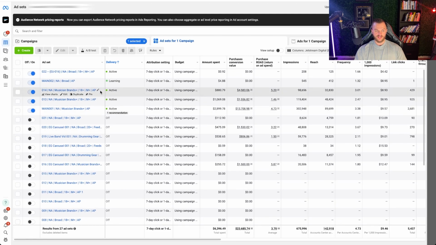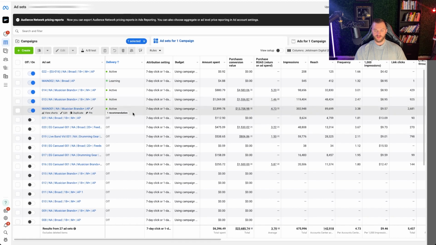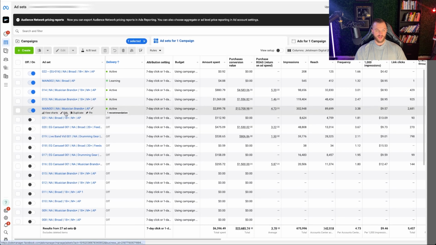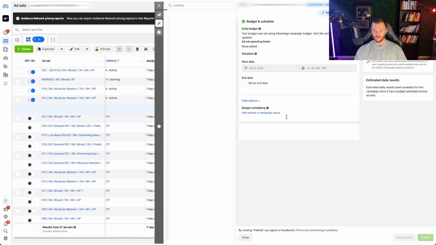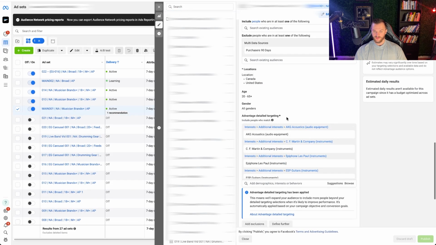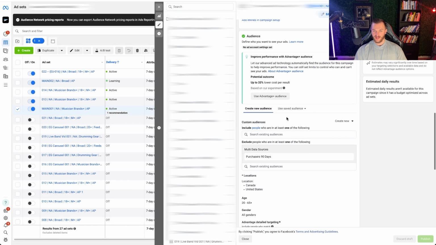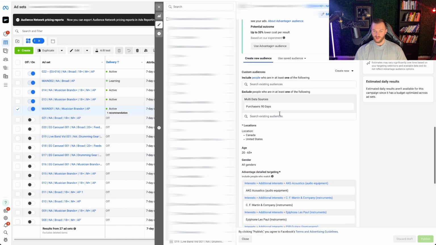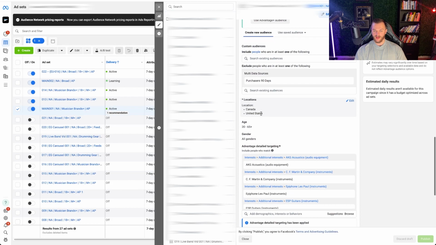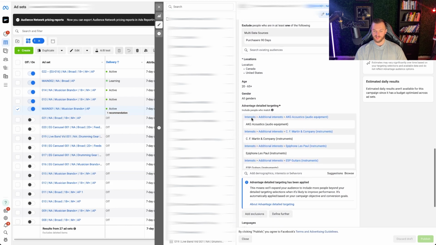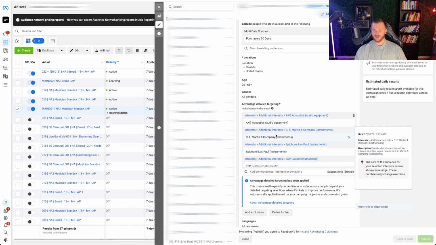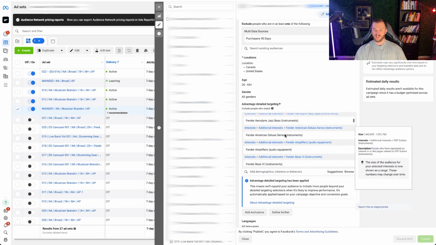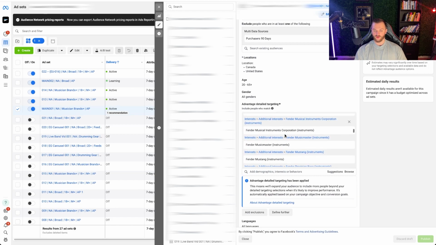So you can see this campaign that's doing extremely well, 5.2 ROAS for this actual brand right here, 4.73 ROAS with this one right here that spent quite a bit. If we look at this one and look at the actual targeting right here, we scroll down, we can see that all that we're doing right here is we actually have this audience on, right? We have excluding purchasers in the last 90 days. And then we have United States, Canada, 20 to 65 plus. And then we have this advantage detailed targeting plus with a huge stack of different interests that are related to